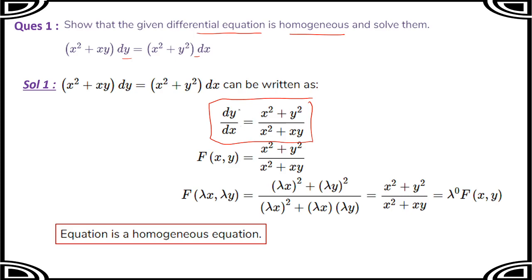How would we get to know? This is differential that we are sure about because we have dy/dx, the differential coefficient. But whether it is homogeneous or not, for that we have to check the function written on the right side. We can check by replacing x with λx and y with λy. Then we can take λ² common from numerator as well as denominator. It will cancel, and we get the original function in return. So this can be written as λ^0 f(x,y). Definitely it is a homogeneous equation.